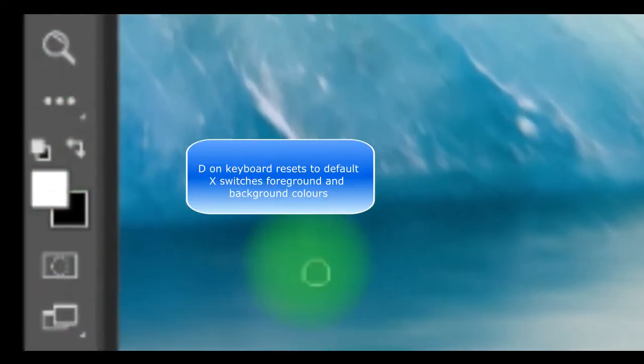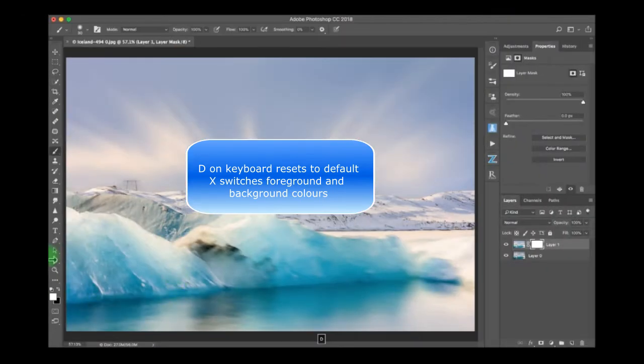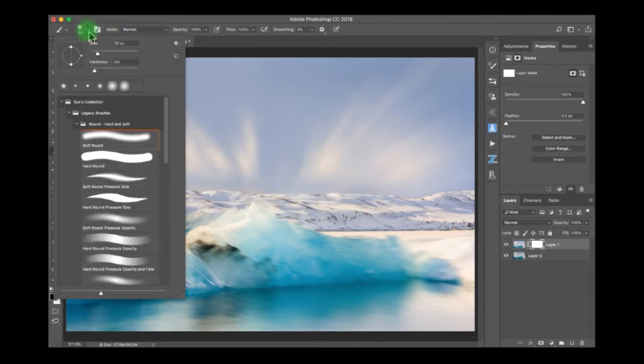We're going to go down here to the foreground background colour. If they're not black and white, use the D key to put them back to default, and we use the X key to toggle between the two. Okay, and we're going to have a nice soft brush,